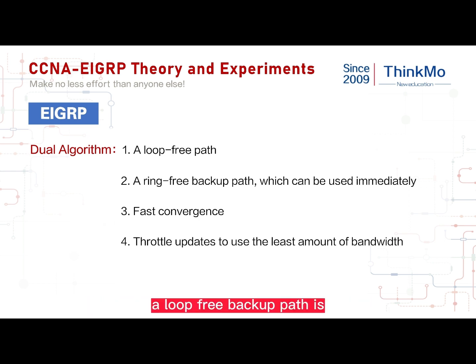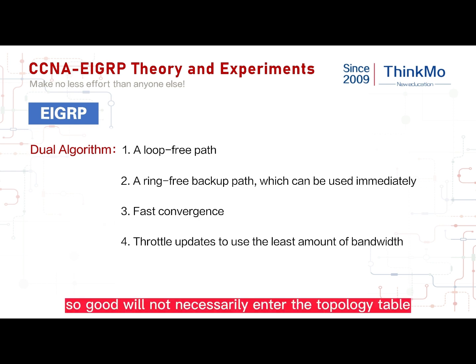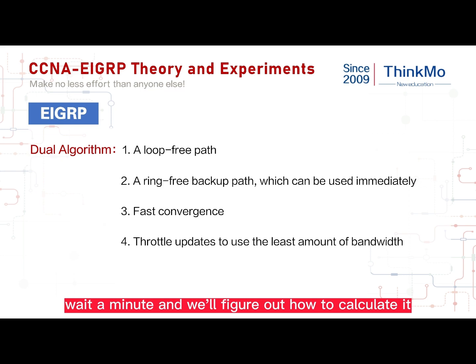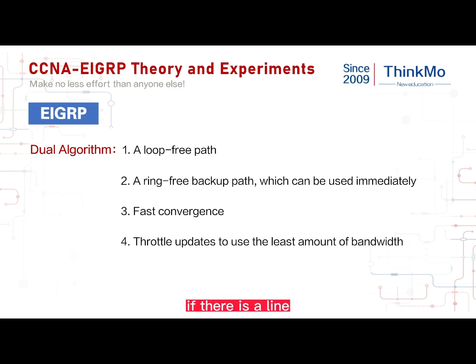A loop-free backup path: if the data has 2 lines to the destination, the above route is the best. The optimal one must be added to the table. There is no doubt about this. Then the ones that are not so good will not necessarily enter the topology table. That is to be considered. Wait a minute and we'll figure out how to calculate it. If there is a line